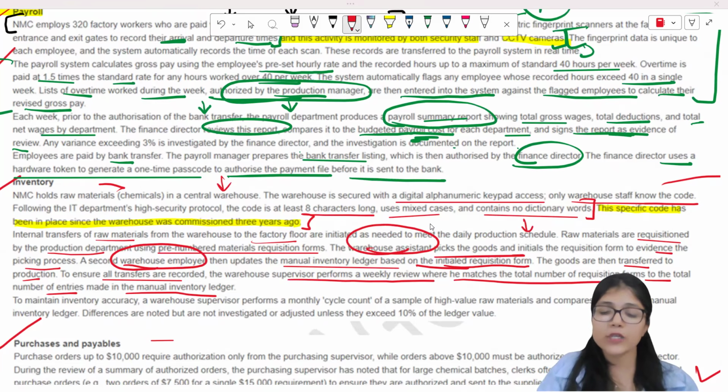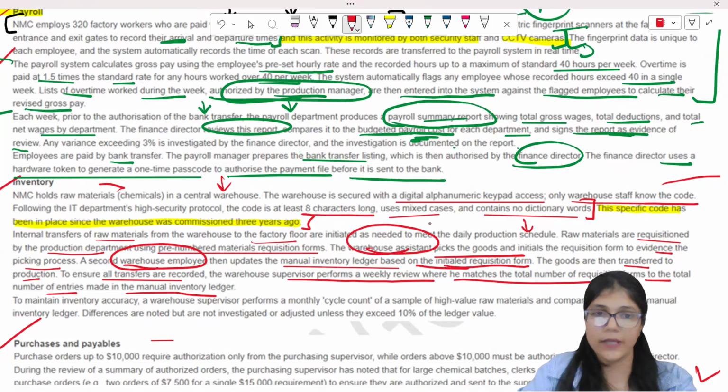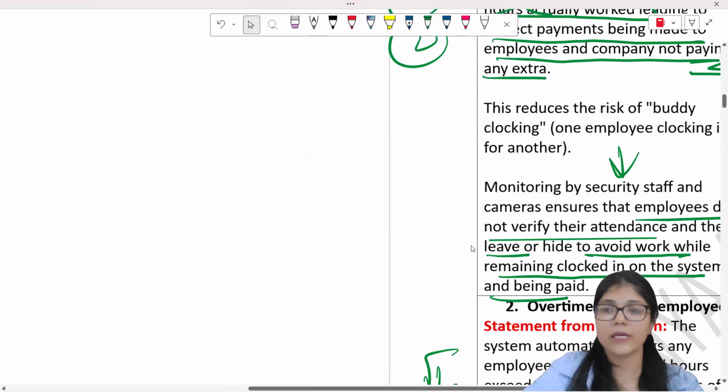So there should always be somebody who is reviewing the work of the assistant, because he is not senior enough and he can make some mistakes. If over here they had written that he is doing the job but somebody else is reviewing it, then that would have been correct, right? So that is the issue that we have to talk about in this case scenario. Let's see.